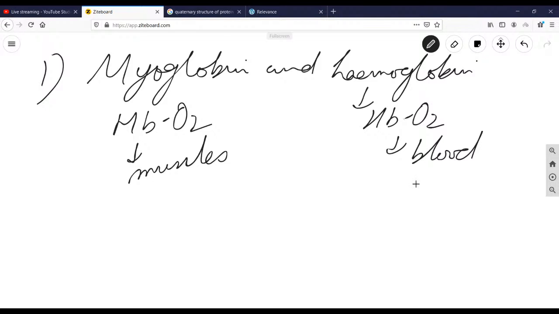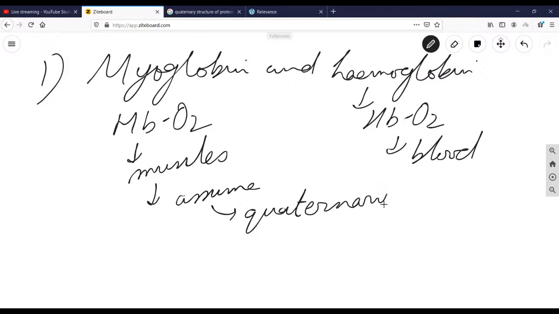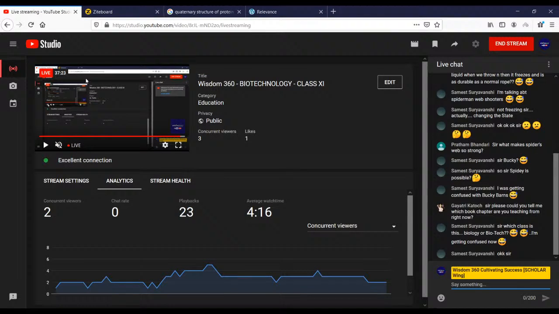Now it was asked in NEET examination which of the two will attain quaternary structure. Okay, which of the two will attain quaternary structure? This one, both, or none of the above. These were the four options. Okay. Now how to solve this question? Very easy way to solve this question is,